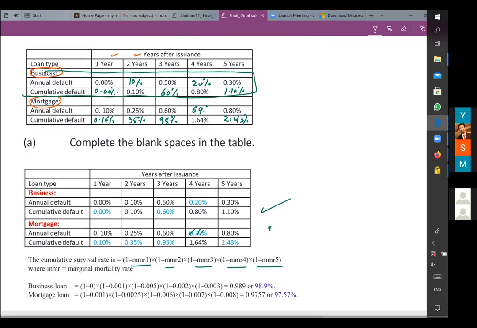According to this example, if we do the cumulative survival rate for the business loans, it's 1 minus, this is year 1, and year 2 we have 10%,